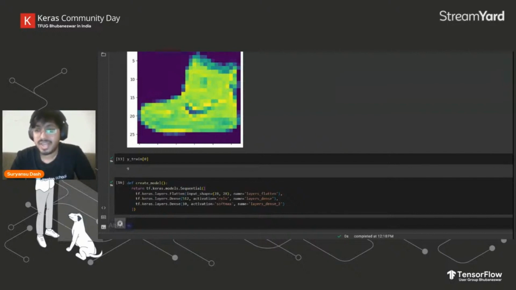Since YouTube has a character limit, it's divided. But try to maintain the indentation when you're writing this code.